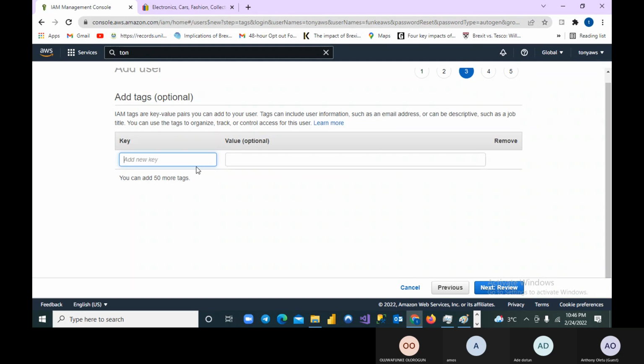Okay. Now it says IAM tags are key values here that you can add to your users. Tags can include user information such as an email address, or can be descriptive, such as job and everything. So which role do you want to give to him inside that tag? Is it his email you want to put there, or do you just want to give him a description? You can give the person maybe system admin or IT manager. So inside that tag,